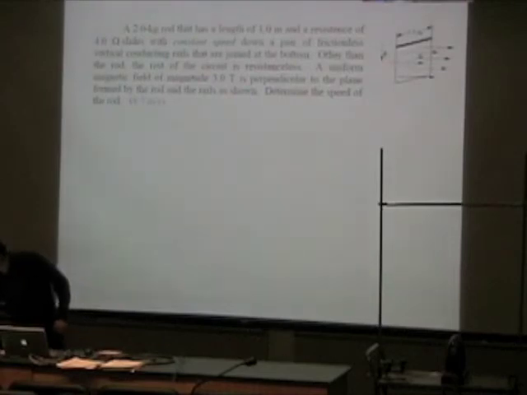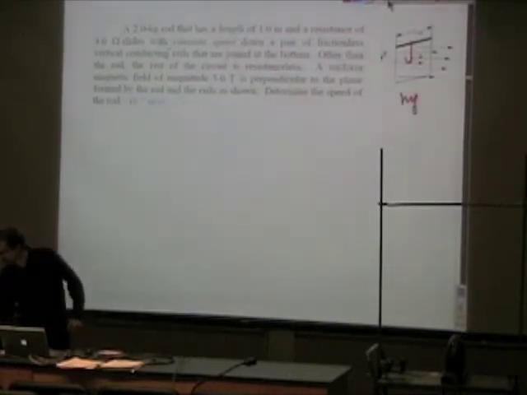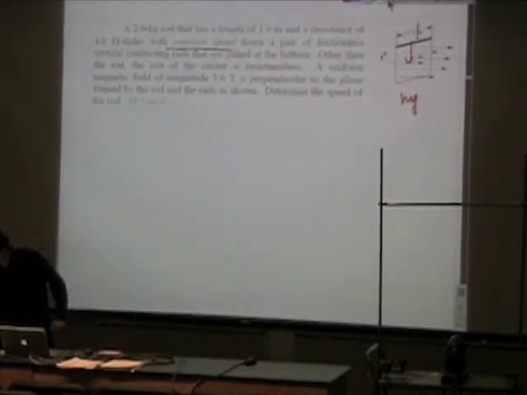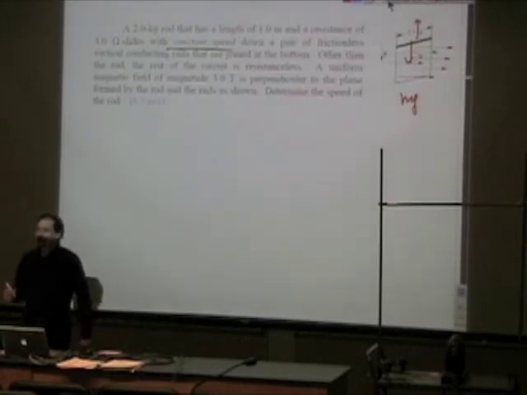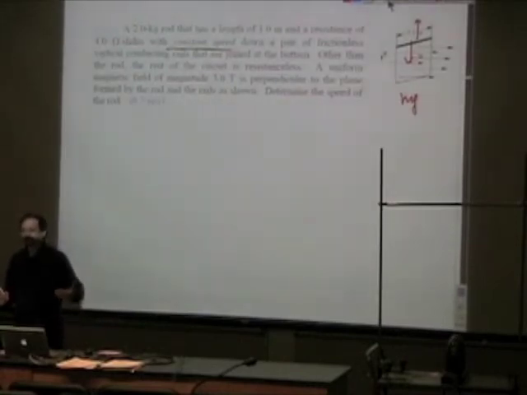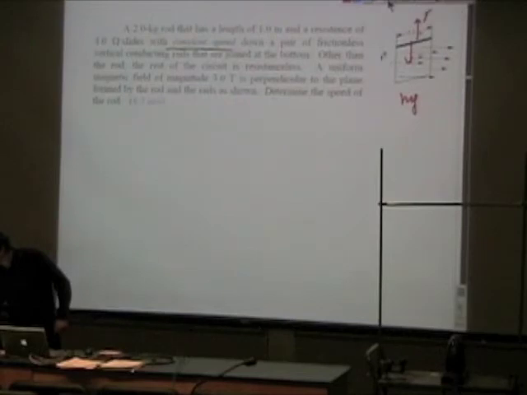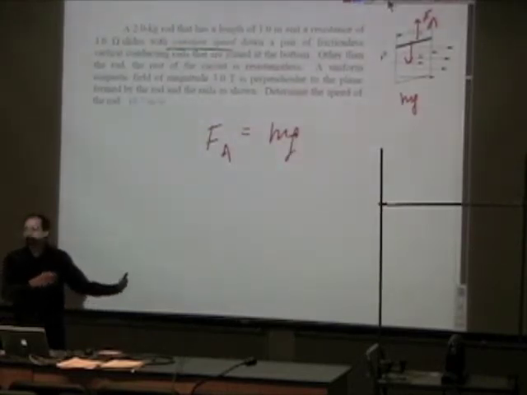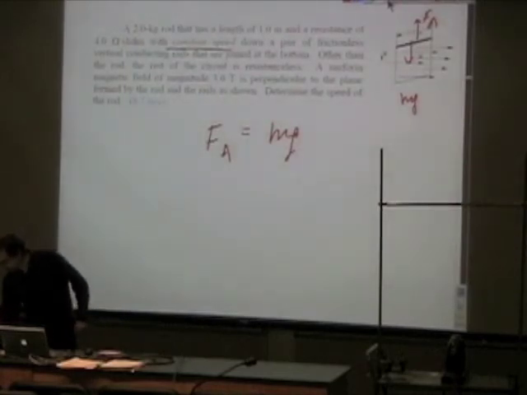Here, in this problem, there is a force of gravity acting on the rod. However, if you read the problem, the speed remains constant, which means that now equilibrium is reached and the magnetic force, Ampere's force, has the same magnitude as the force of gravity. So as long as we set it, the rest of the problem is completely similar to the problem we just solved. Again, there's an induced EMF,